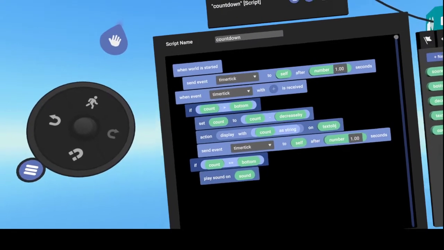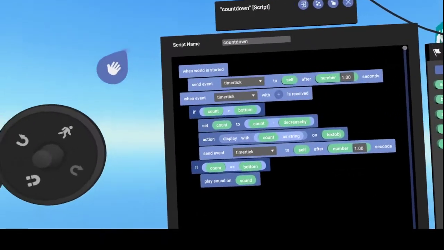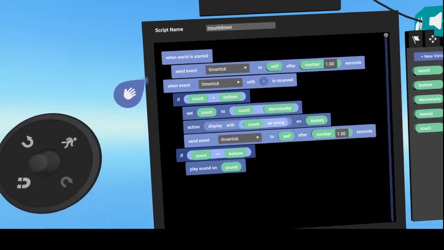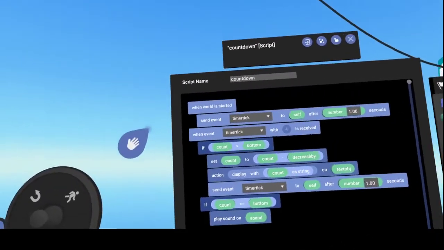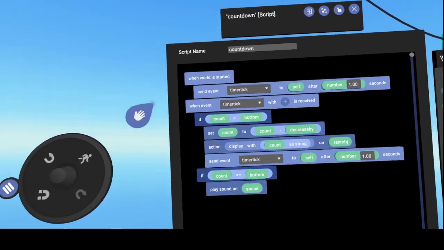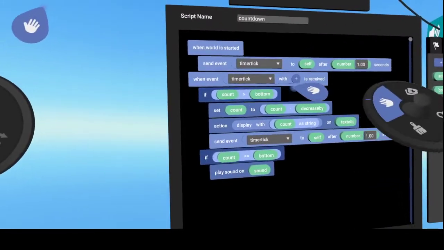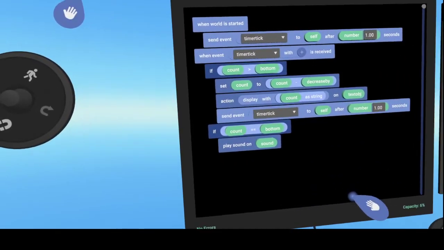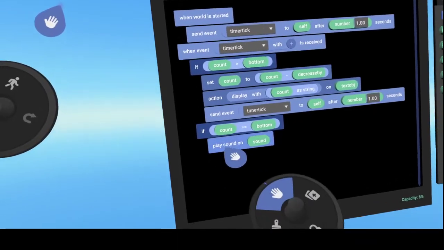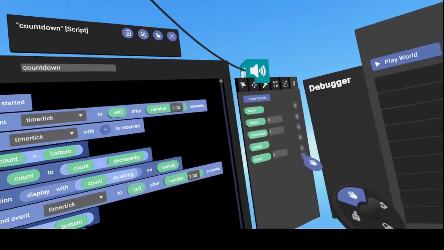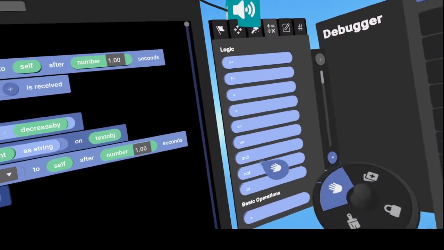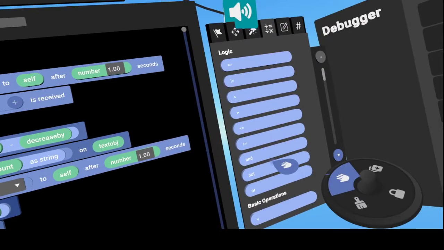Let's say I wanted to have the buzzer start at the 5-second marker. How would we do that? Well, we would just add a different if condition. Right now I've got it saying if count equals button. I could modify this really easily to say if count is less than